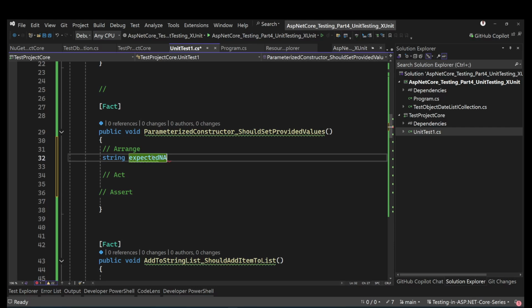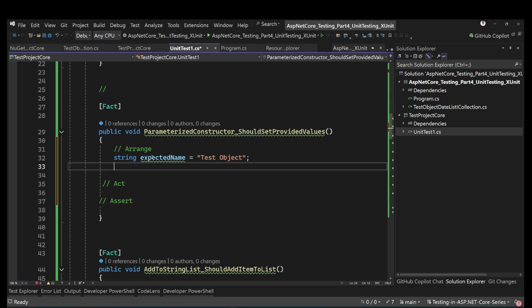Let's give it the expected name, and I'm going to give it maybe test object. Test object. Let's spell it well. Test object. So this is it. And our date time,